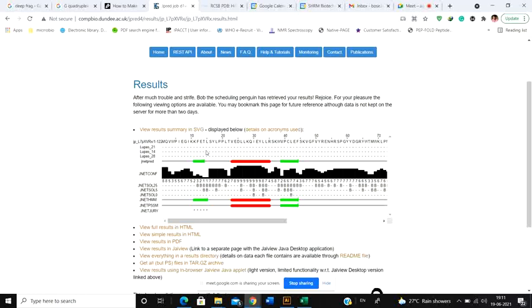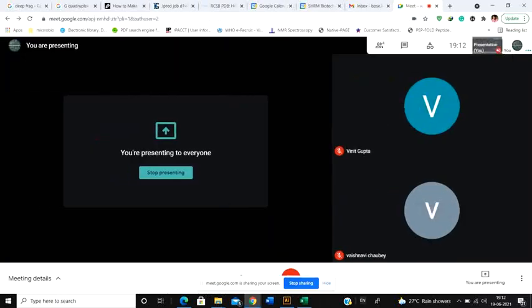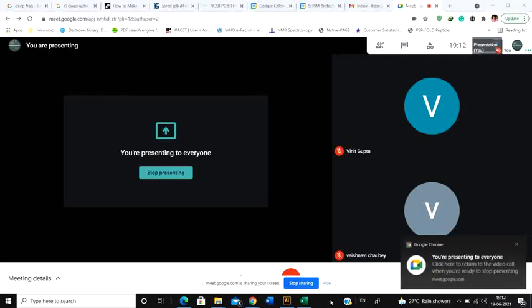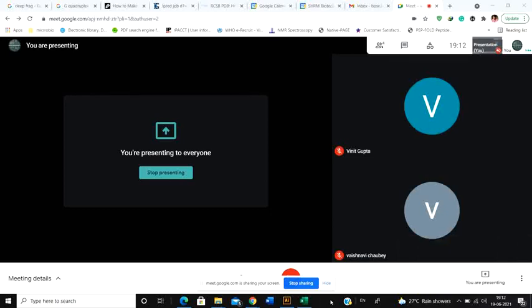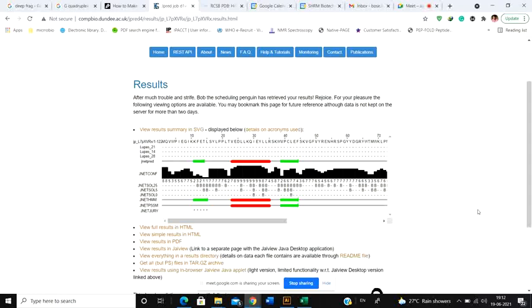But what does this data indicate? If I tell you this amino acid is highly solvent accessible, what can you predict from this statement? What can you conclude? Just anything, simply talk about anything. Any idea? No idea. Nothing. See, solvent accessibility means whether your particular amino acid is accessible by solvent molecules or water.